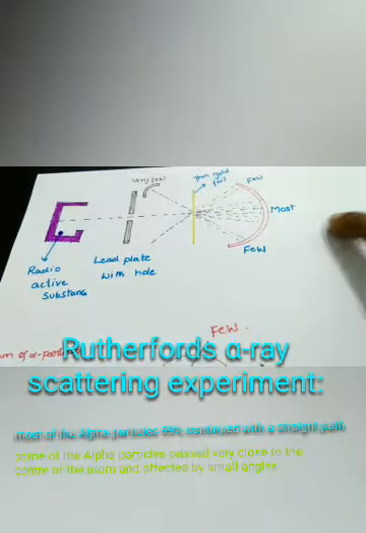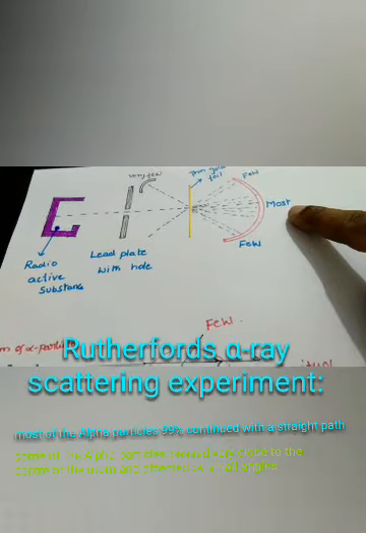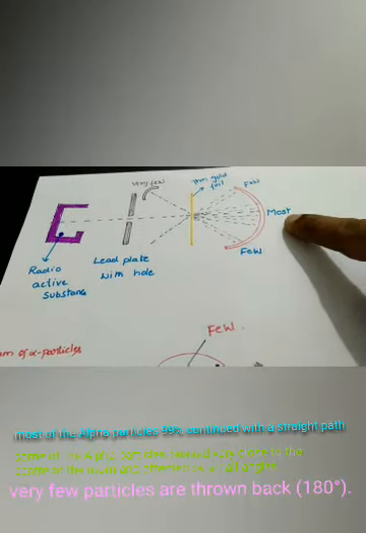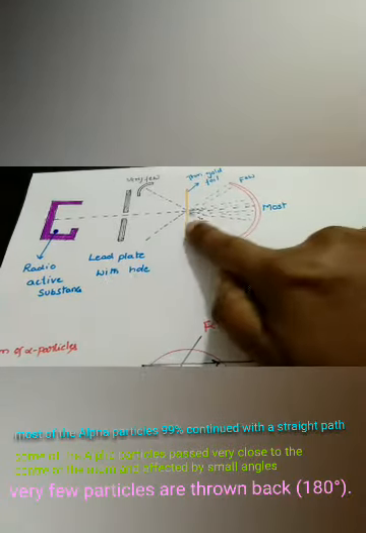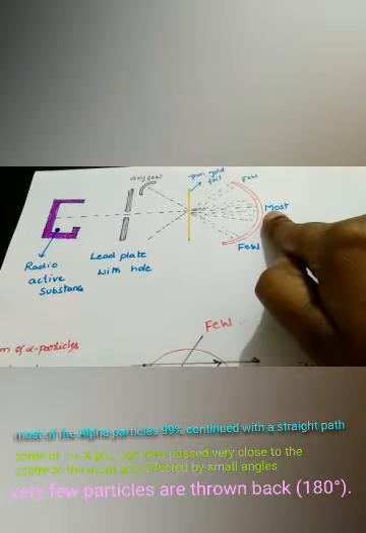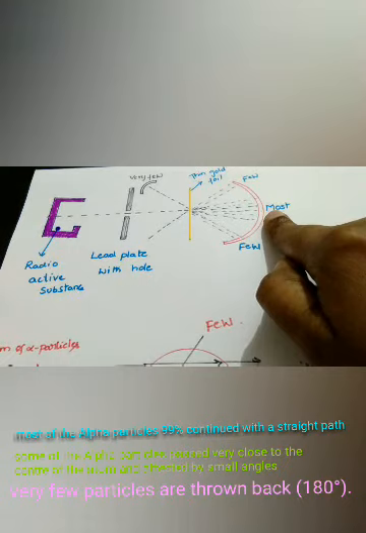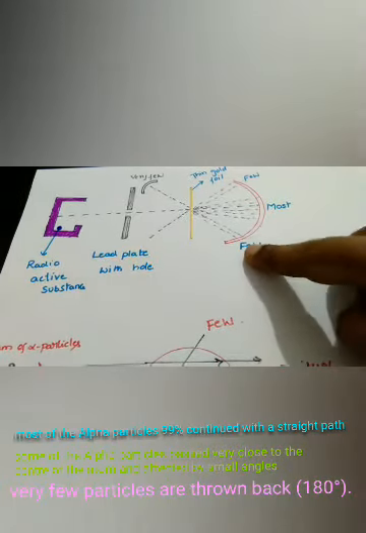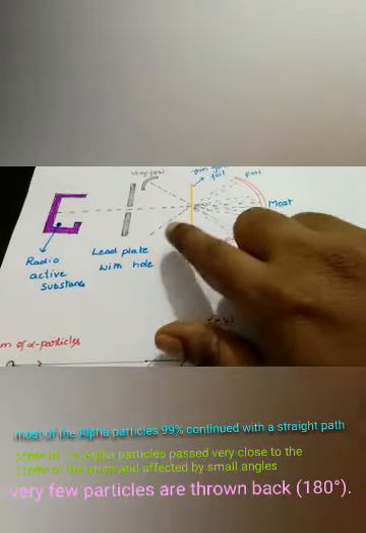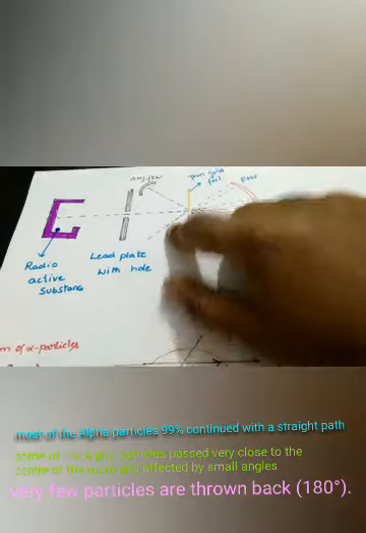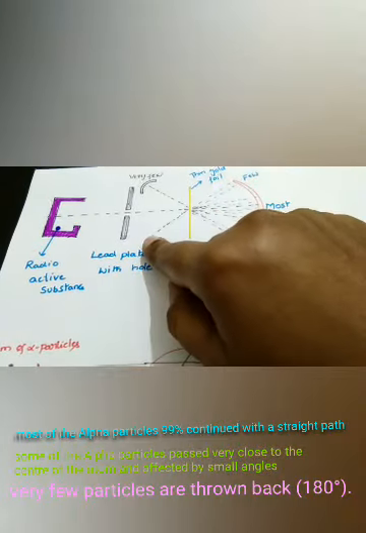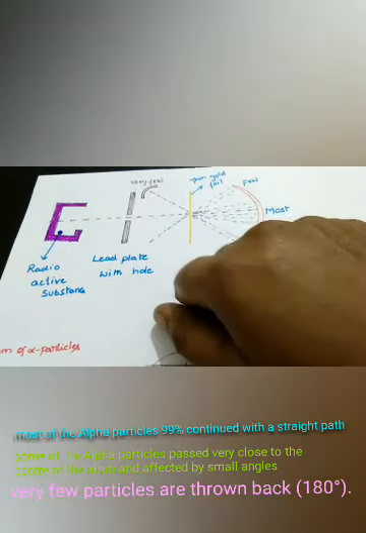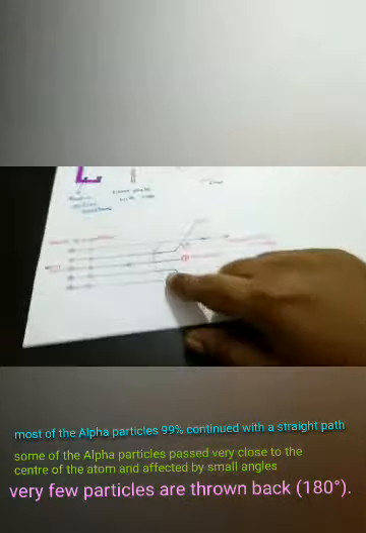That means most of the alpha particles, nearly 99%, continued with their straight path. Some of the alpha particles passed very close to the center of the atom, and very few particles are coming back at 180 degrees. Like this,